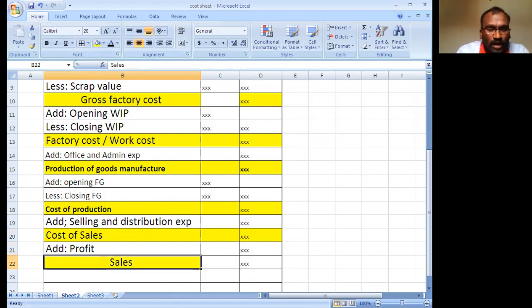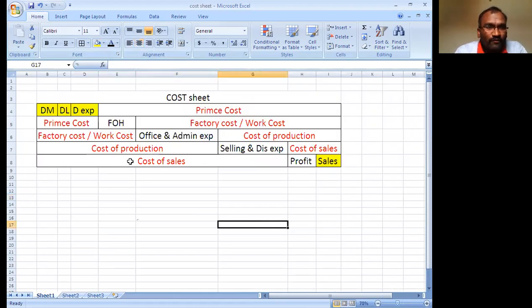In the cost sheet, here is a short way to learn it easily. If you add direct material, direct labor and direct expenses, you get the prime cost. After that, you add the factory overheads, and you get the factory cost or work cost.